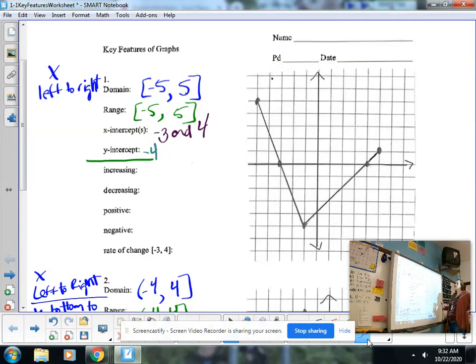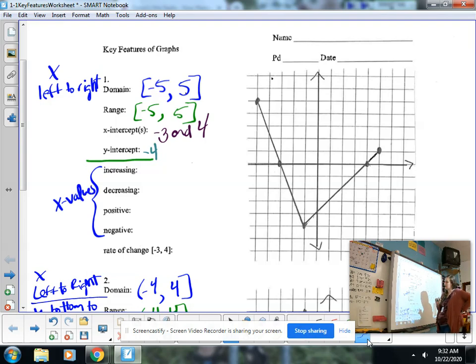So this is the second part of the video on the key features of graphs worksheet. Now we're going to look at the remaining questions that go along with the two graphs that we looked at in the previous video. So we have increasing, decreasing, positive, and negative. And it's important to note that all of these